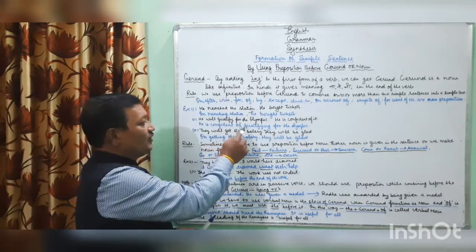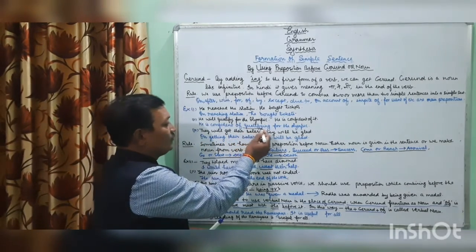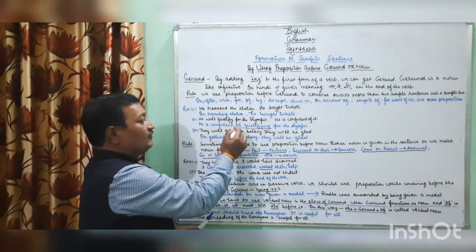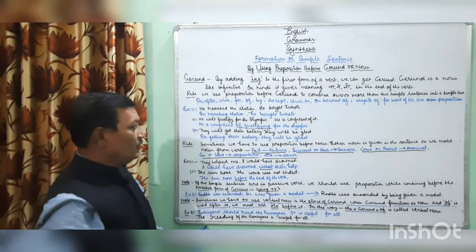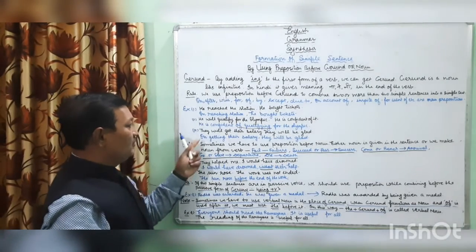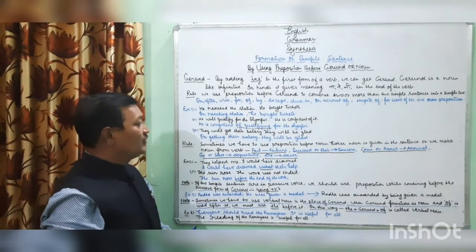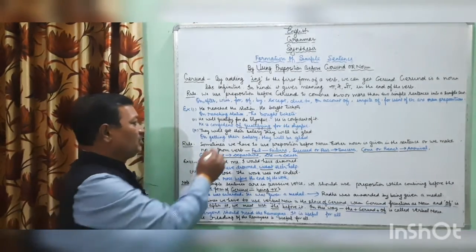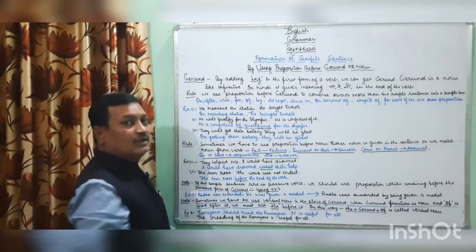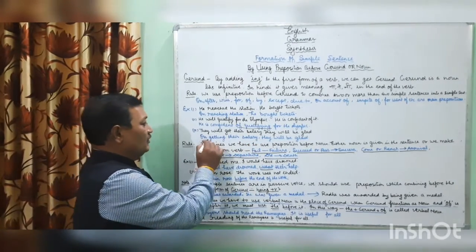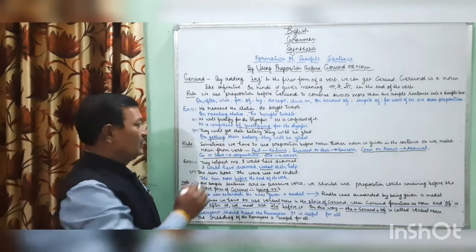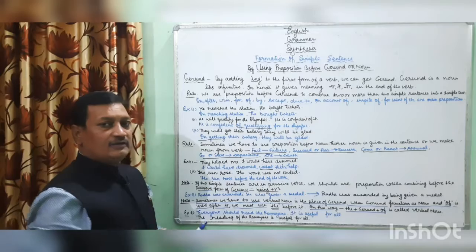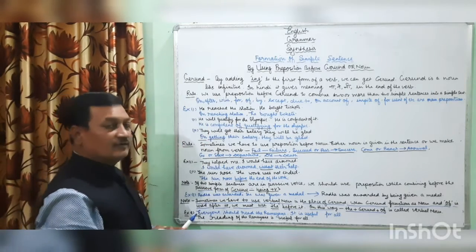He is confident of qualifying for the Olympic. Students, you can see here this is gerund and this is preposition. Let's see third example. They will get their salary. They will be glad. On getting their salary, they will be glad. Students, you can see here getting is gerund and on is preposition. In this way, we have added these example sentences.